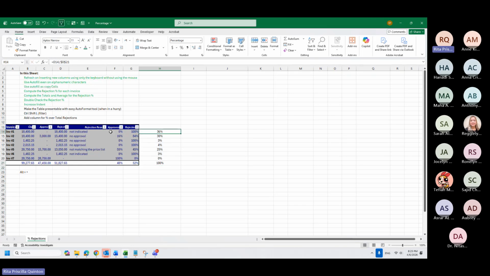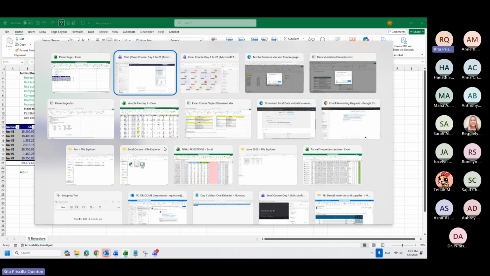Okay, it means that invoice number 1 is 36%, comprising 36% of the total rejections. Now I want to include it in my filter.